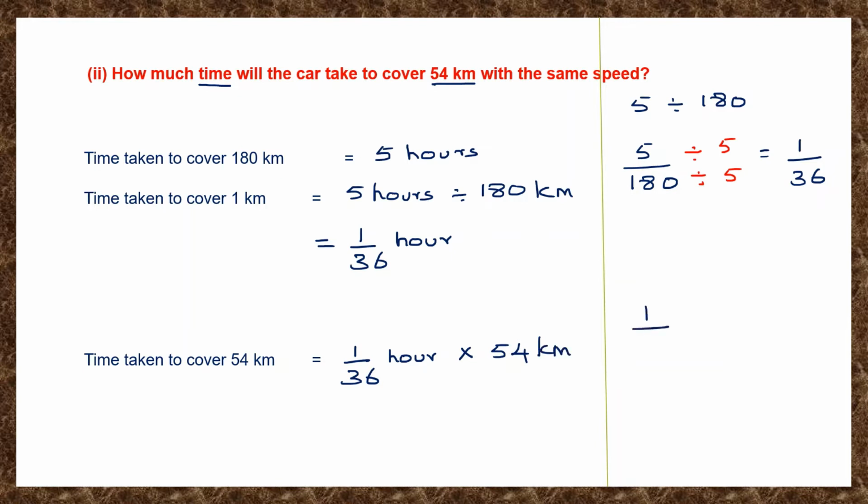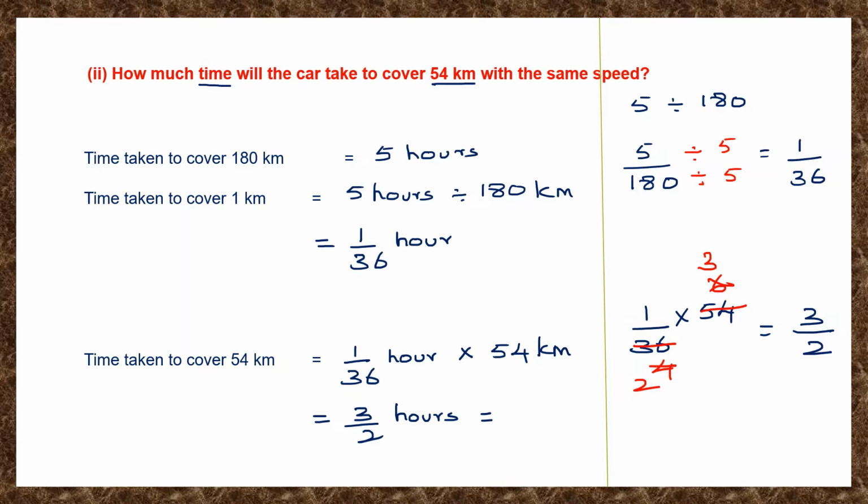So let's multiply 1/36 into 54. I can cancel 36 and 54 both by 9, isn't it? 9 fours are 36 and 9 sixes are 54. I can still cancel both by 2. 2 twos are 4, 2 threes are 6. So what do I have there? I have 3/2. So here the time taken to cover 54 kilometers is 3/2 hours, or now I can reduce this